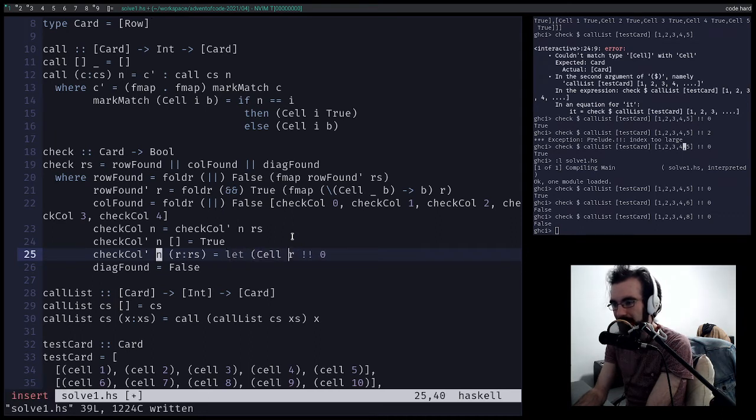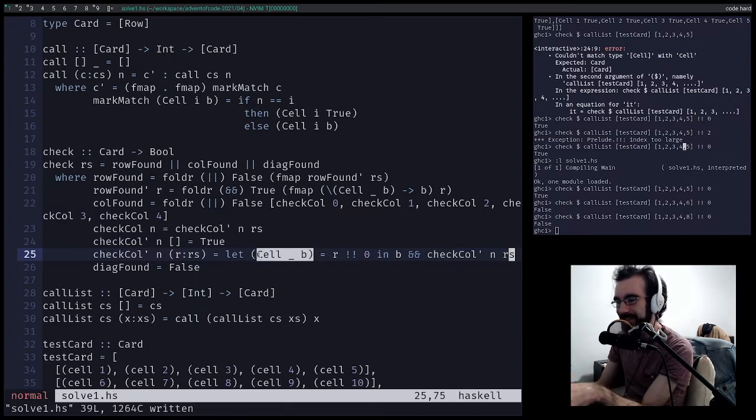Let cell B equal R0 in B, and check the column numbers. Okay, so we're destructuring the cell, except rather than just hard coding it to the 0th index,